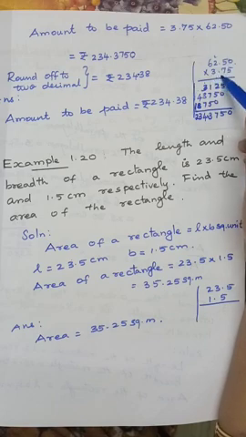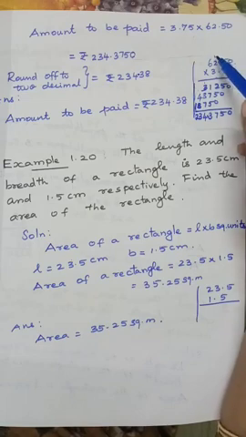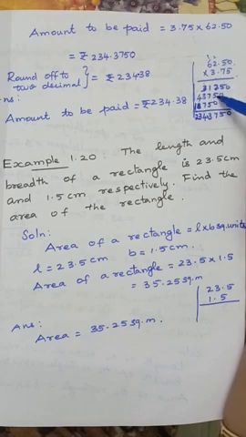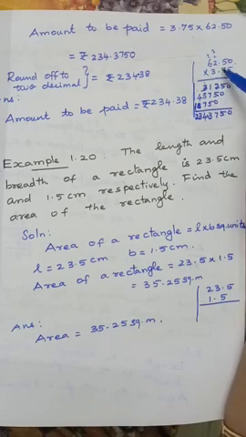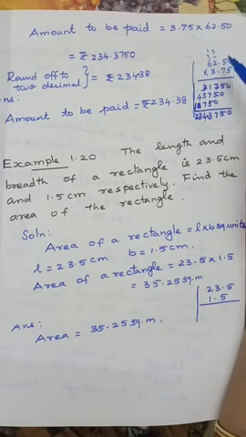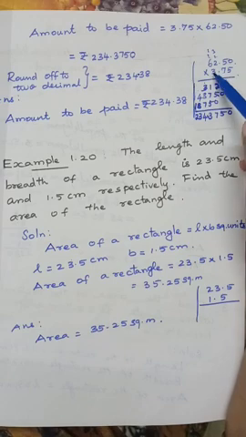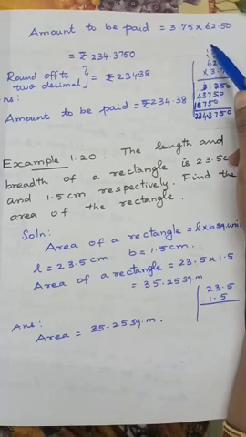62.50 into 3.75. So 5 zeros are 0, 5 5s are 25, remainder 2, 5 2s are 10 plus 2 is 12, 2, remainder 1, then 6 5s are 30, 31. Again, with 7 you have to multiply. 7 zeros are 0, 7 5s are 35, remainder 3. 7 2s are 14 plus 3, 17, 7, remainder 1. Then 7 6s are 42 plus 1 is 43. Again you have to multiply by 3. 3 zeros are 0, 3 5s are 15, remainder 1.